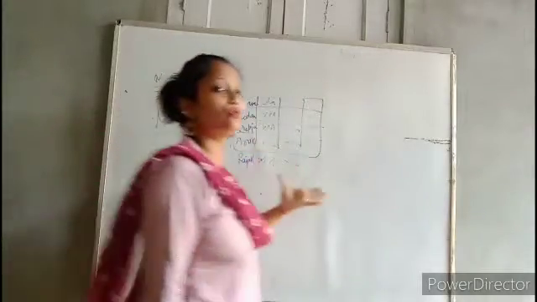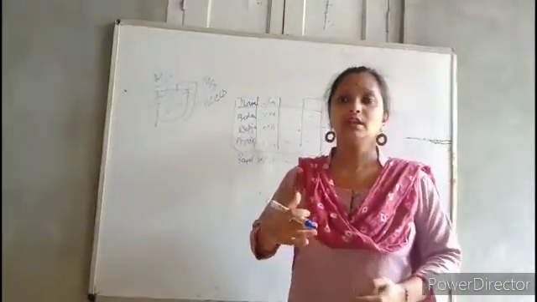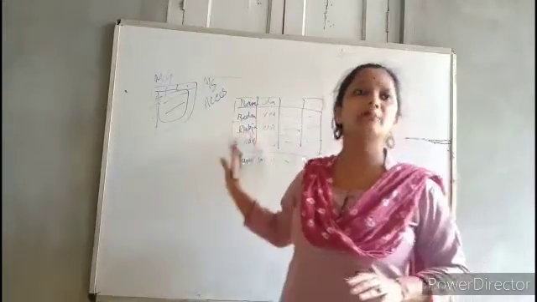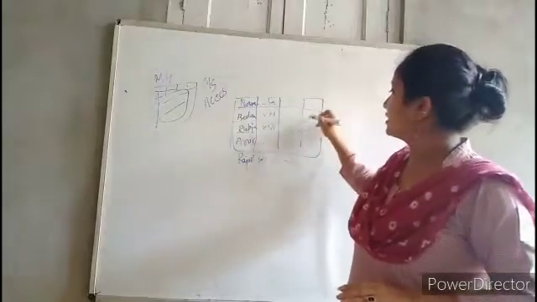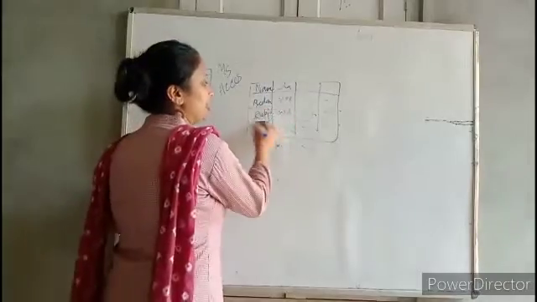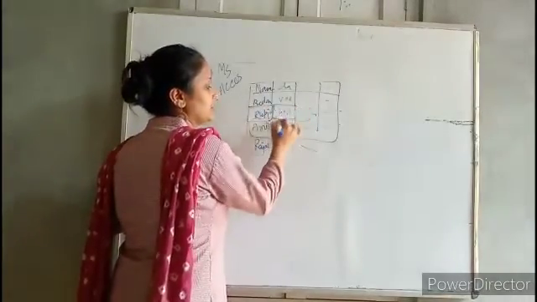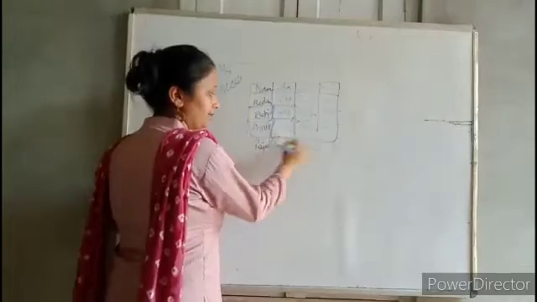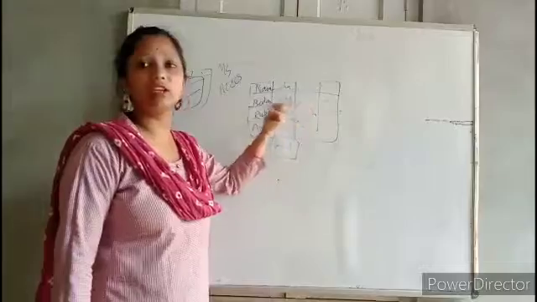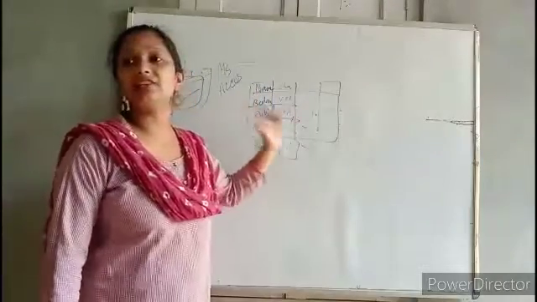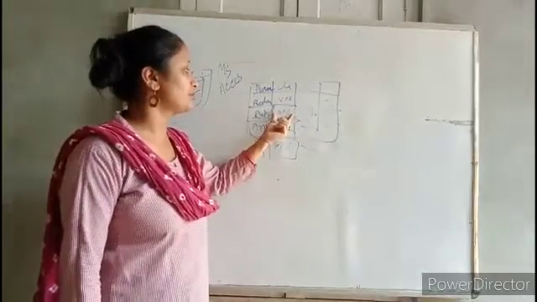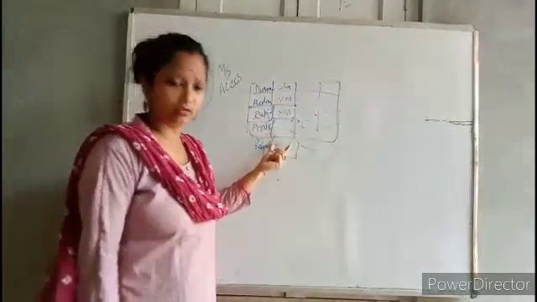MS Access means what? Whatever list you have, you can arrange in a tabular form. The list you can make. So this part is called field name. The name you are typing in the field, this is called field name. Okay? This is the table, this is the list, and the table is an intersection of rows and columns. So in the rows and columns you are writing this field name, that is called field name.